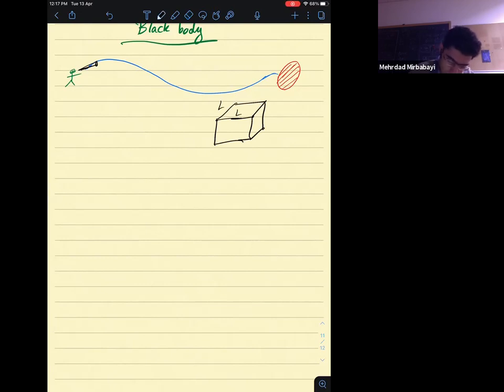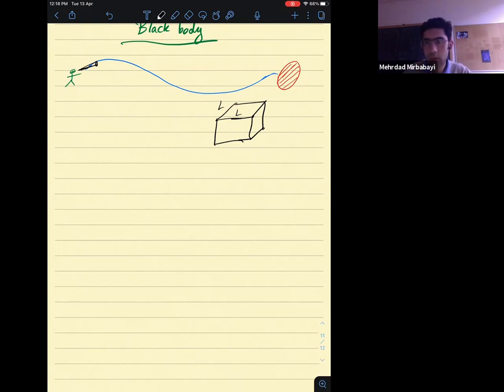The details of the shape of this box are irrelevant, but it's a useful tool. So let us consider this box, and then we know that we have in the box